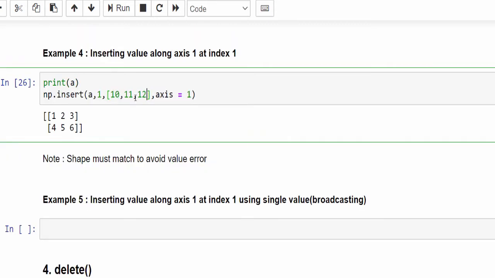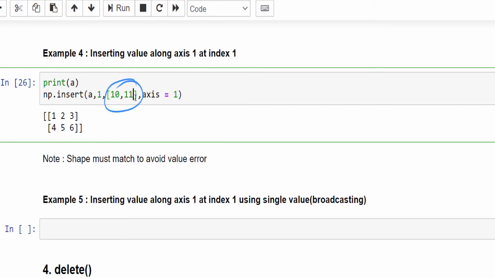Same example. Now axis is equal to 1 means it will add it column wise, but as I already said, we have to be very careful with the shape. If it is a single value, no problem, it will broadcast, but here it is 2 rows, and you are having 3 column values, so the shape mismatch will happen. So let me make it 10 comma 11.